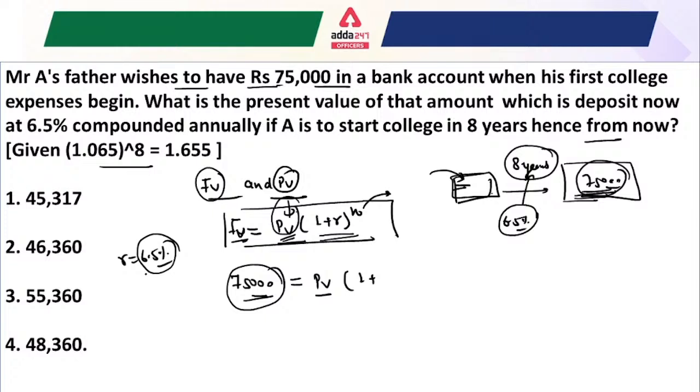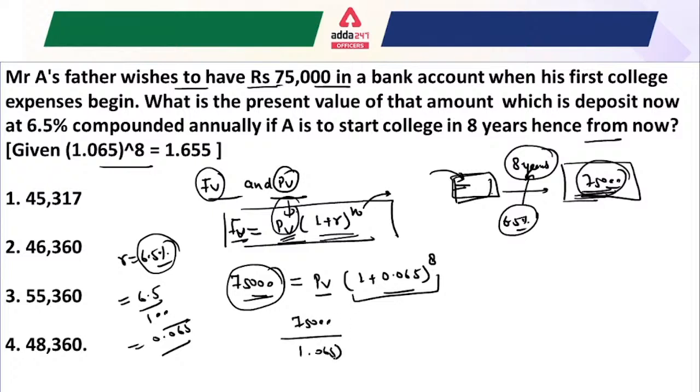So how can we write 6.5%? It is 6.5 divided by 100, which is 0.065. So just write 1 plus 0.065, to the power of 8 years. In the exam, sometimes the value is already given, so you only have to put in the value: 75,000 divided by 1.065 to the power 8, and that would be your present value. So the present value is 75,000 divided by 1.065 to the power 8, which